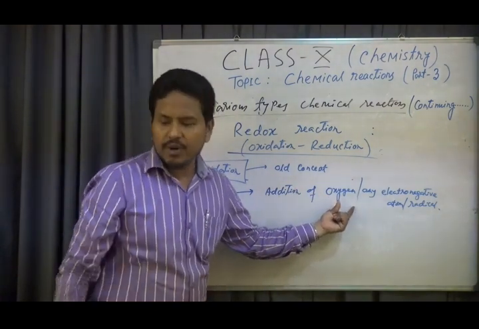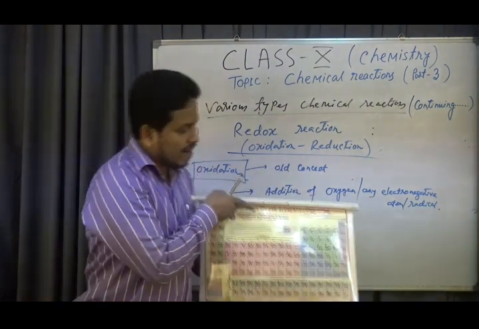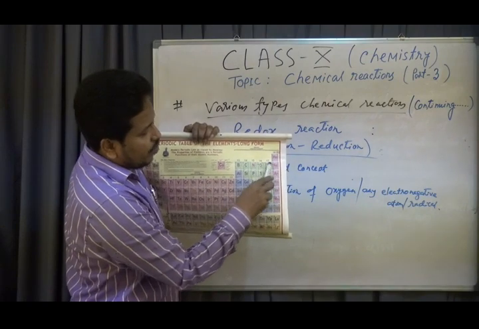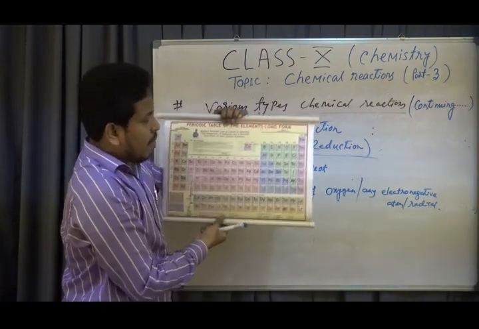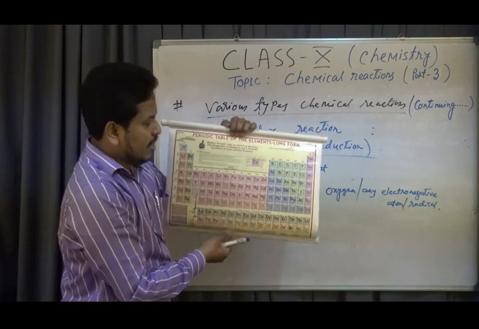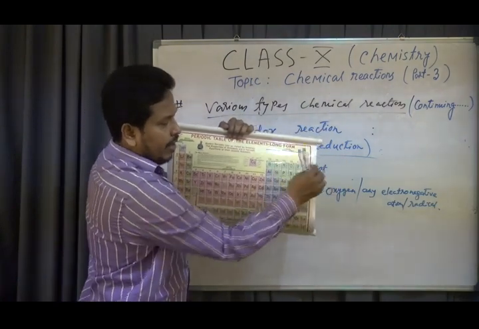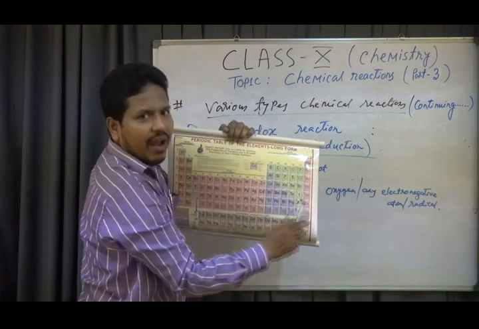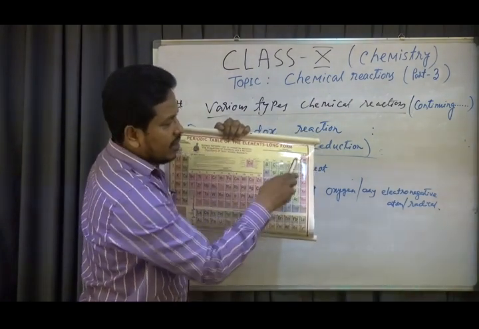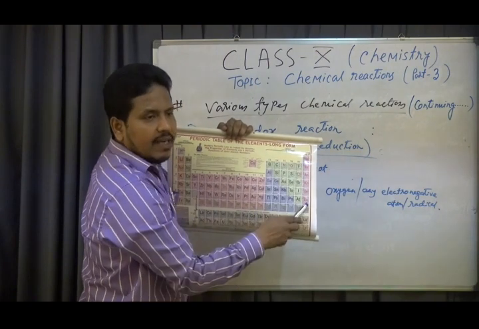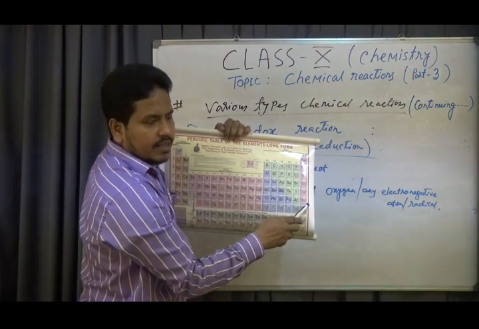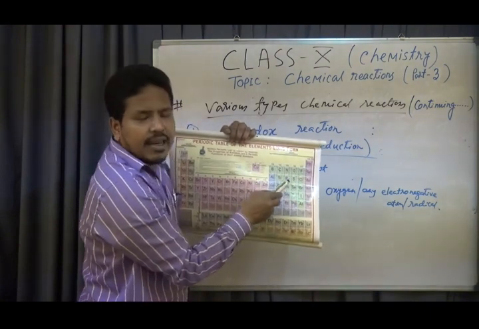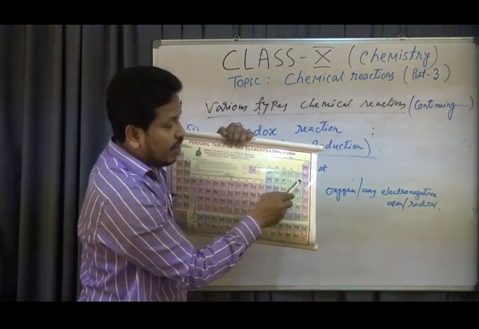In the periodic table, electronegative non-metallic elements are on the right side, the P block elements: oxygen, nitrogen, fluorine, chlorine, bromine. You have to remember that the elements on the right-hand side are the P block, but the last group is not. Group 18 is the non-reactive inert gases. But the top elements of these P block elements are non-metallic and electronegative: oxygen, nitrogen, fluorine, chlorine, bromine, etc.